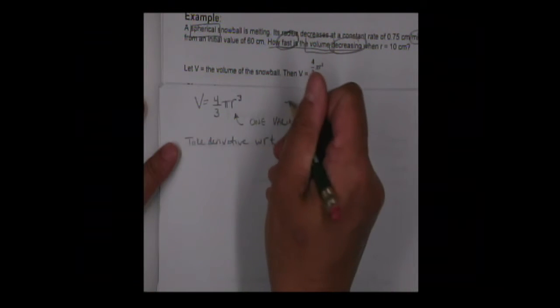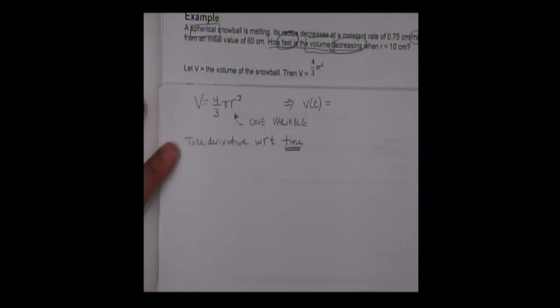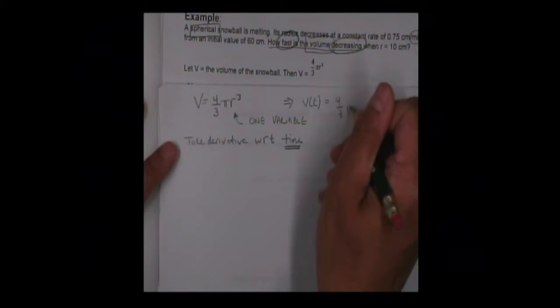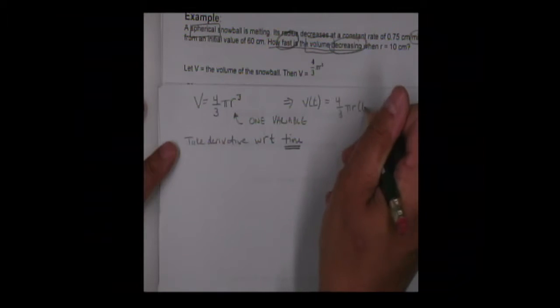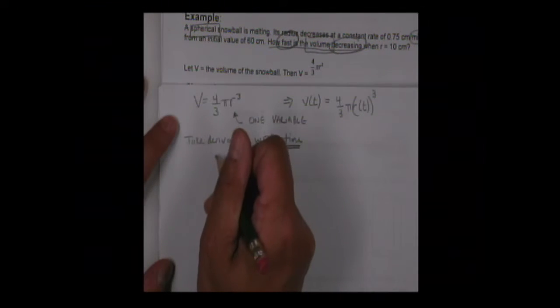This is the way I think, although you won't see me write it down, is that what I actually have is a volume that somehow is with respect to time, and a radius that's somehow with respect to time. So what's occurring here, I won't ever write that down, is when I do the derivative on a related rates problem, instead of writing V prime,